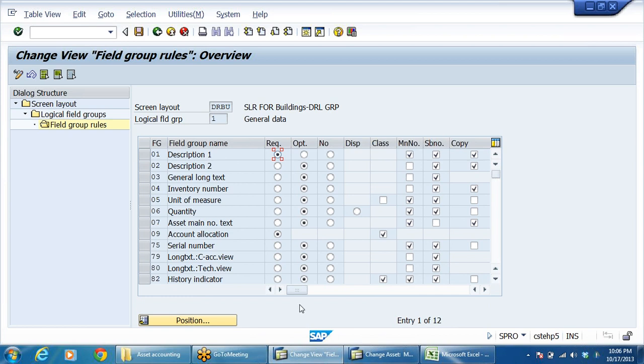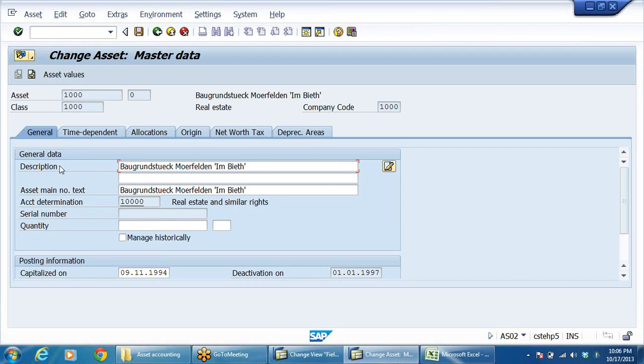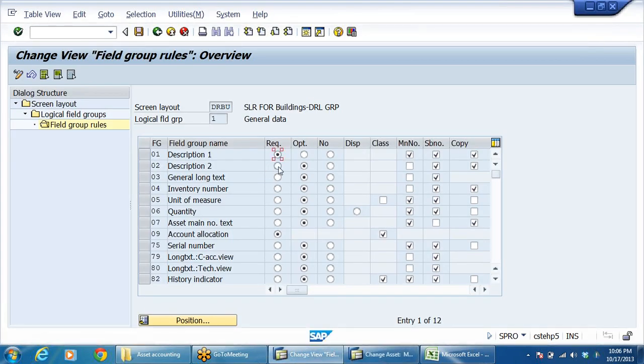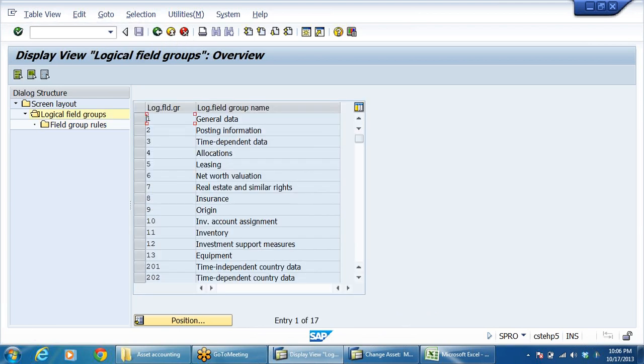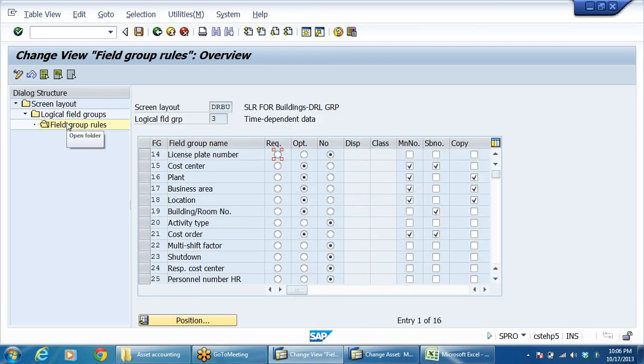Don't disturb anything unless we know it. Description 1 required means at the time of entry, the system will ask compulsorily. It will become a mandatory field. When compared to posting information, time dependent data is important. Here everything should be in optional mode, should not have cost center because we do not have any cost centers, right? Come back,